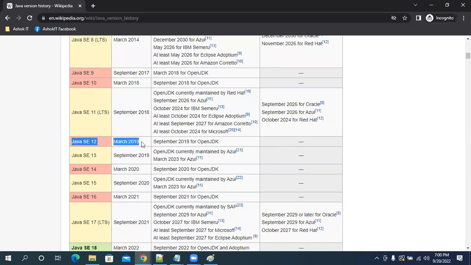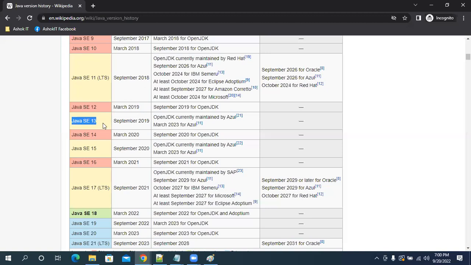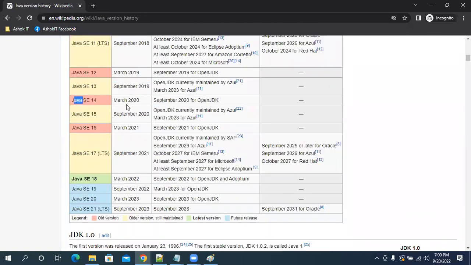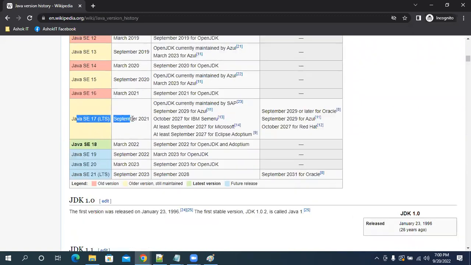Java 12, March. Java 13, September 2019. Java 14, March. Java 15, September. Java 16, March. Java 17, September. Java 18, March.